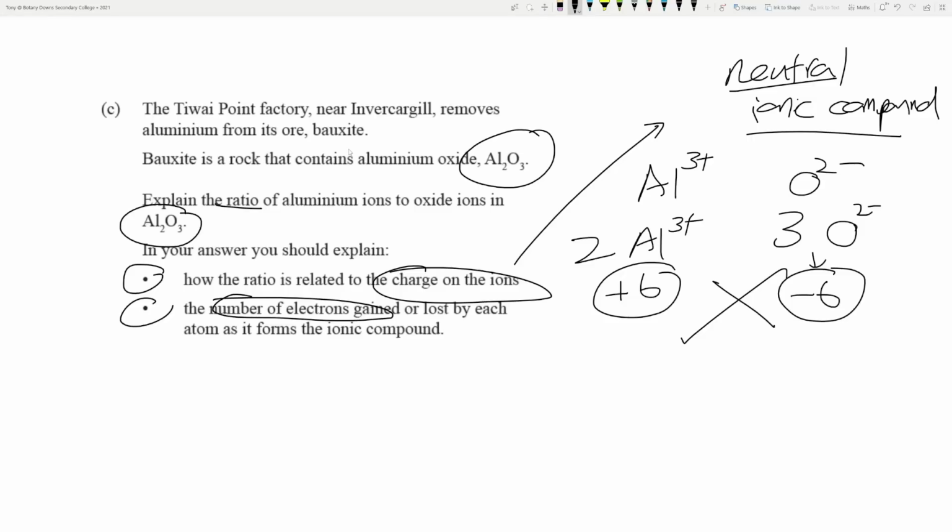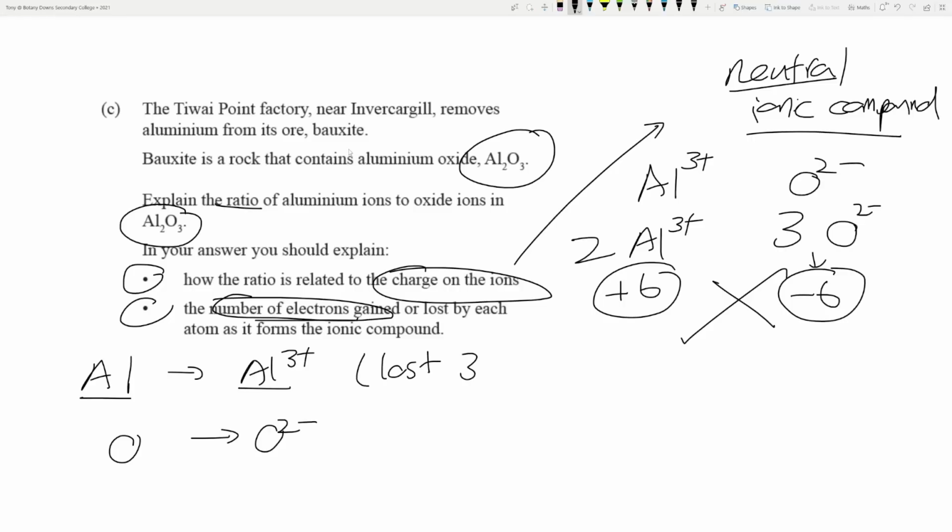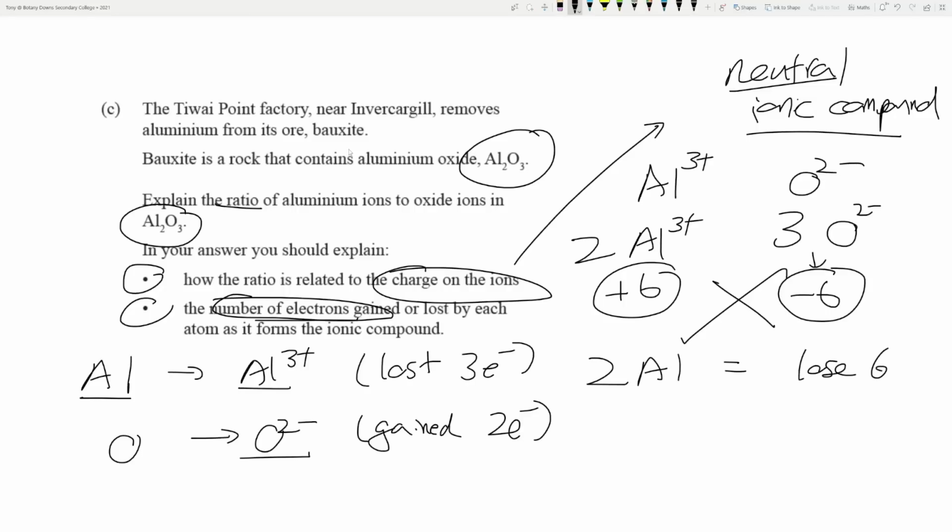You need to look at the electrons gained or lost. So let's think about this. Aluminium becomes aluminium 3 plus. Oxygen becomes O2 minus. So how did that happen? How did aluminium become Al3 plus? This guy lost 3 electrons. My oxygen, how did it become 2 minus? It gained 2 electrons. So here is where you need to understand, 2 aluminium will lose 6 electrons,